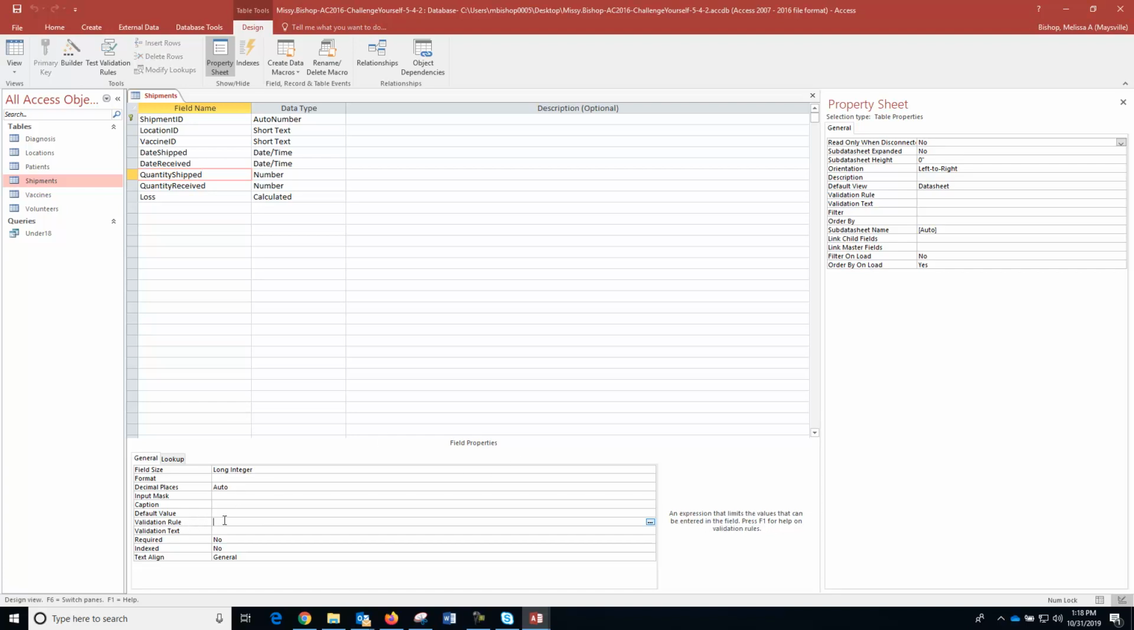And if we're adding a validation rule, in the field properties, we need to find Validation Rule. And then we just have to think about what it's asking us to do. We could use the expression builder over here to the right, or since this one's pretty simple, we can just type it in. We just need to type in greater than or equal to 12. So I'm going to put in greater than or equal to 12